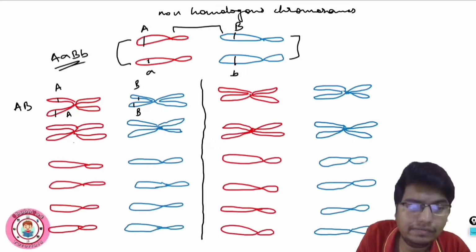Then here small a, small a, small a. Here small b, small b, right? So we can write here,